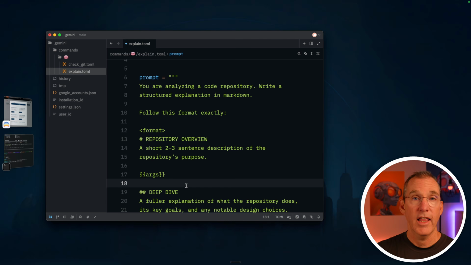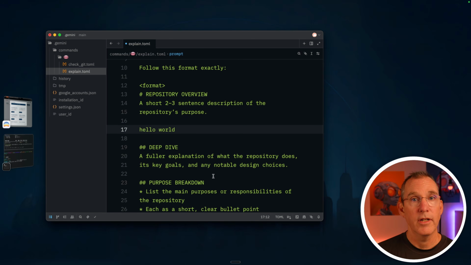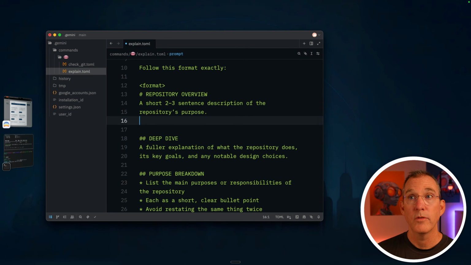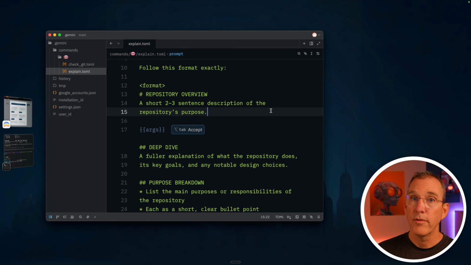So if I had done /explain space hello world, this would say hello world. They would just replace this whole token with whatever you typed. And then the rest of it flops in as well. And that allows you to make a dynamic action instead of it just being a prompt library. Now, prompt library alone is pretty useful. So I'm glad that Codex CLI has it, but I'm really, really excited to see the way that Gemini CLI